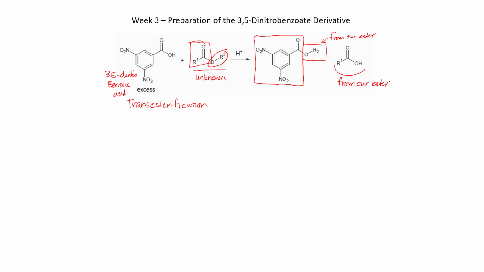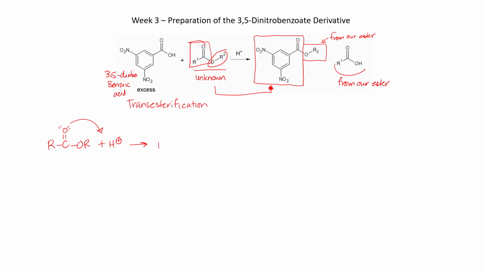And this is actually what is called a derivative. A derivative is a compound that you make to help in determining the identity of the unknown. So in this case, that's what would happen: we would transesterify this. We would turn one ester into a second ester. Now, if you're curious about the mechanism of this, what would have happened is we would have taken the ester that we had and we would have used some sulfuric acid as the catalyst. So looking at the mechanism, and you do not have to include the mechanism in your reaction, but I'm going to show it to you,